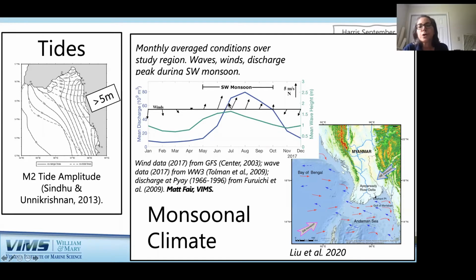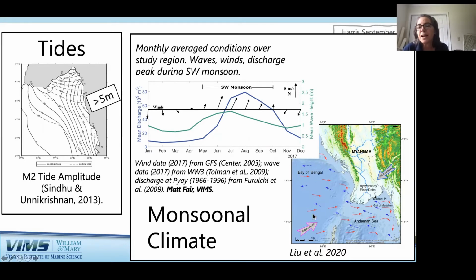So these strong winds from the south tend to bring rain, which tends to feed the discharge from the rivers, and also the snow melt from the mountains gives us our discharge peak in the summer months, as well as our peak in energy, because we have our strong onshore winds in the summer months. Then in the winter months, the climate changes and we have the northeast monsoon, during which times we have offshore winds, low wave energy, and also low input from the rivers.